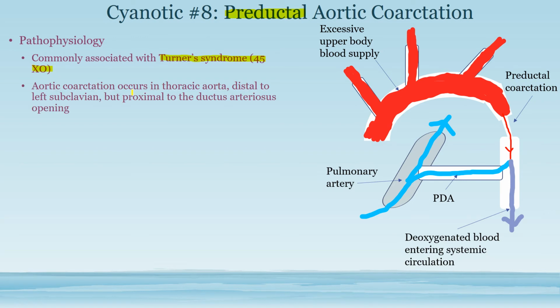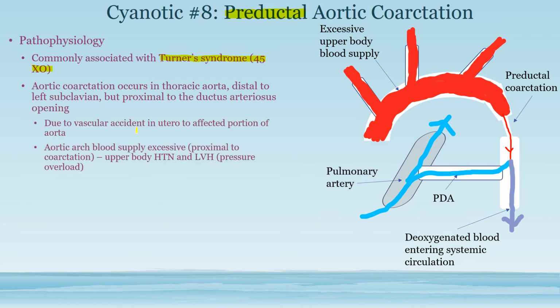Aortic coarctation, as we mentioned, occurs in the thoracic aorta, distal to the subclavian artery, which is this right here, but proximal to the ductus arteriosus. And it's due to a vascular accident in utero that caused damage to that portion of the aorta, and as a result you get excessive blood supply to the upper body and very little blood supply to the lower body, resulting in the cyanotic blood going through. So you get upper body hypertension and left ventricular hypertrophy due to the pressure overload that the heart has to